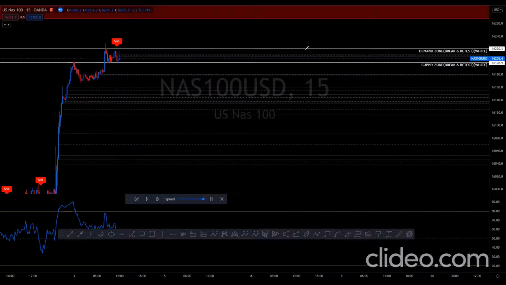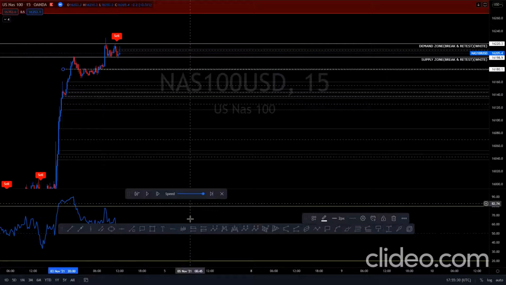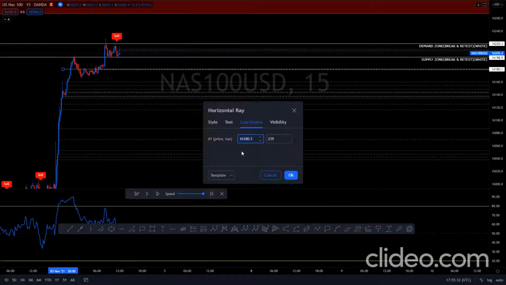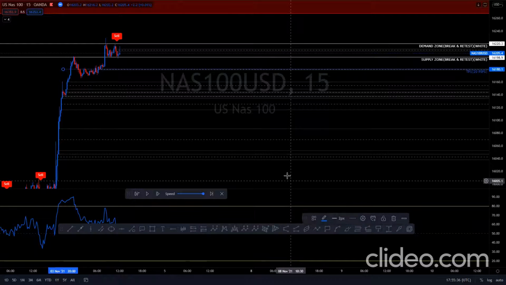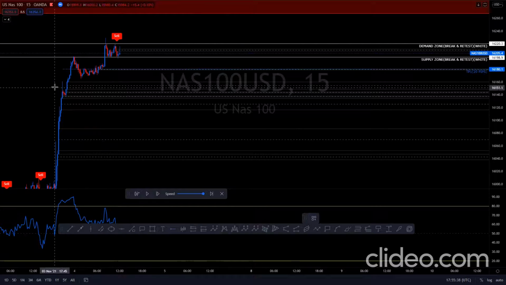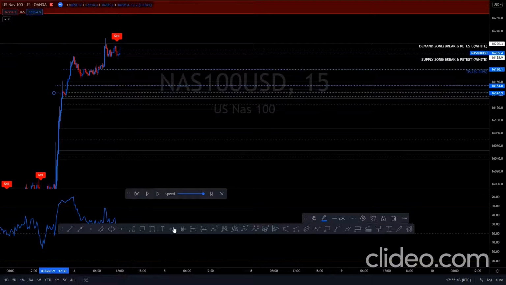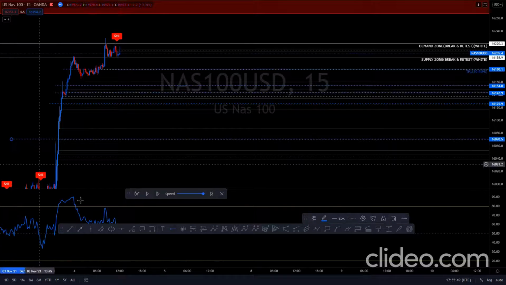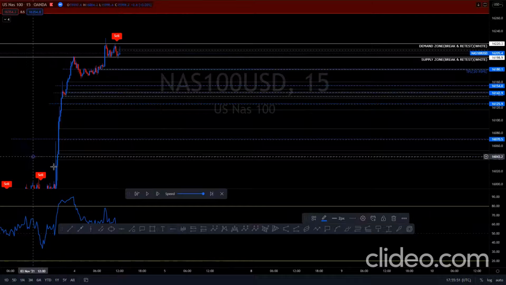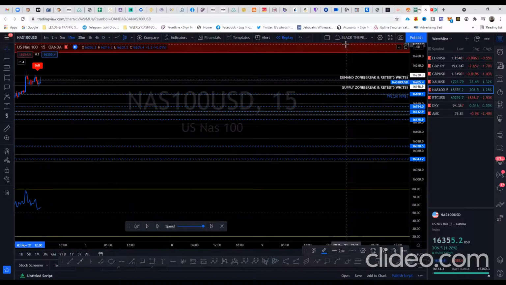So what I do next is I mark these up so that way I can see. I change these to blue. Because then in my mind, I get an idea more likely where the banks are going to send price next. Then it helps me figure out which way they're trying to go. So now that I have identified these imbalances and highlighted them,